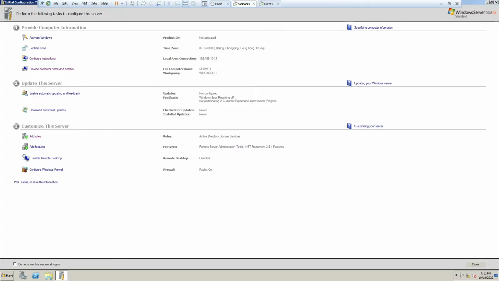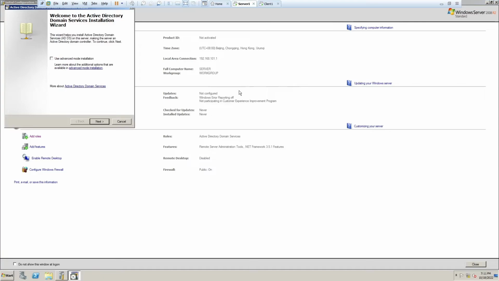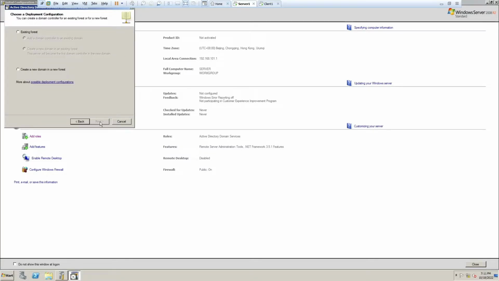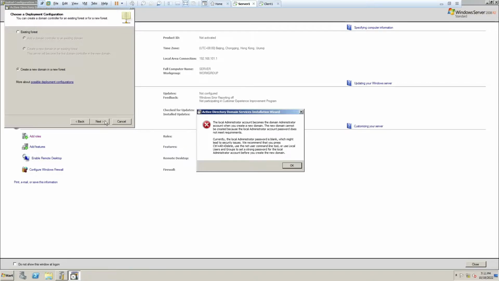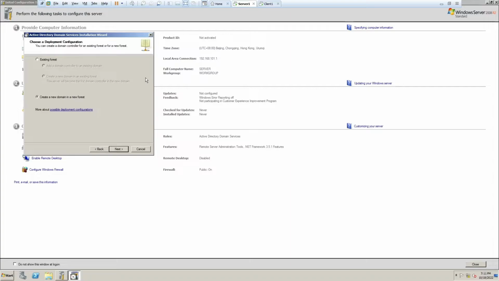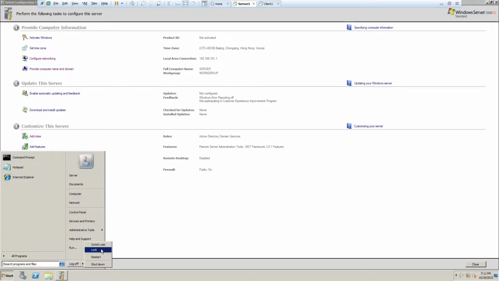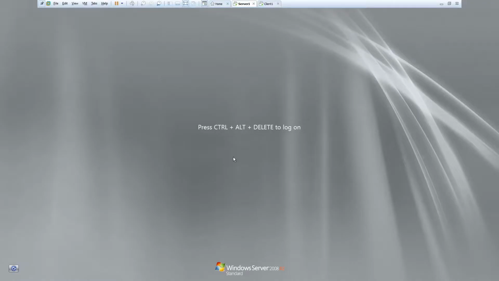Dito naman natin gawin is ngayon, configure natin by going to dcpromo. Right here, dcpromo. By doing this, mag-i-install naman yung DNS server para sa ating PC. Sa server. So next, create a new domain in a new forest. Next. Oh yeah, make sure na naka-administrative yung user nyo. So to do that, you just have to go to the start menu, switch user, log on,